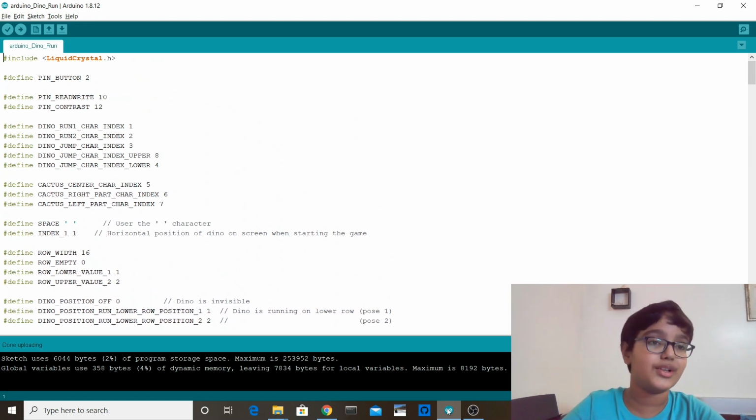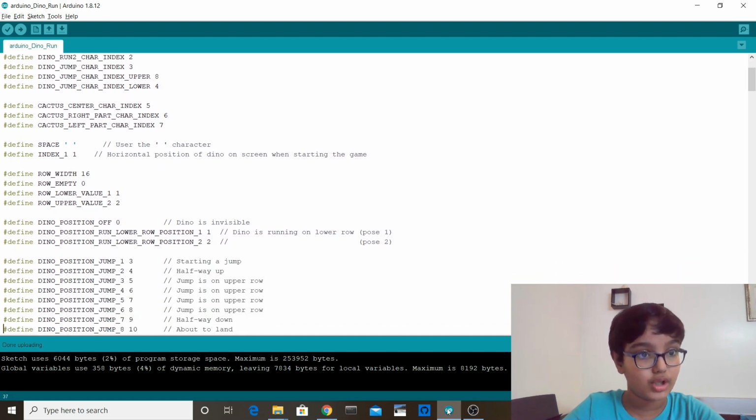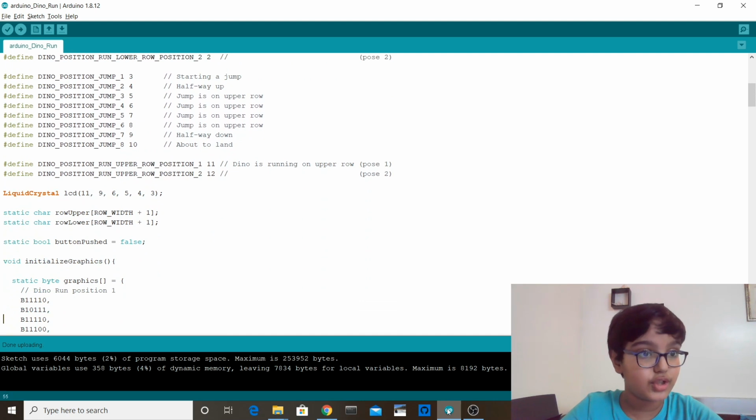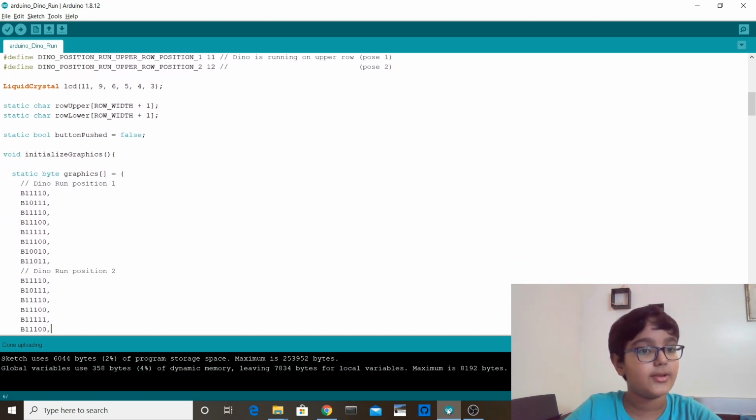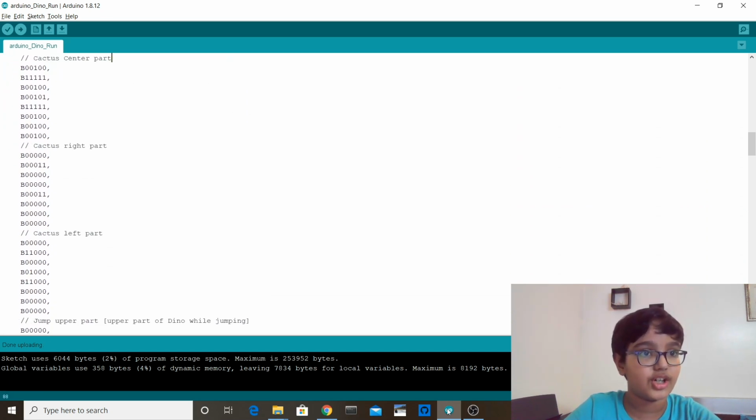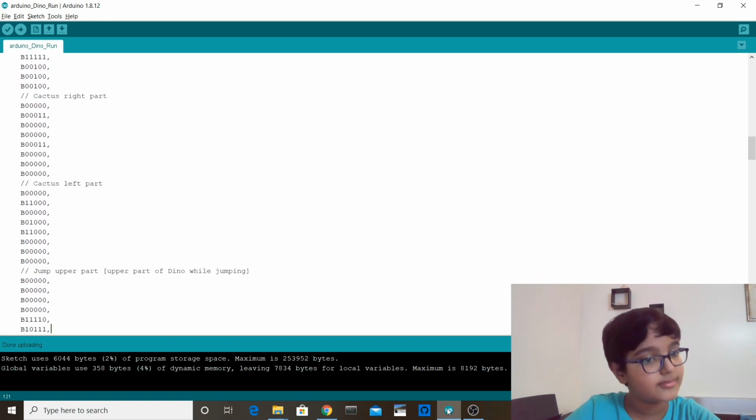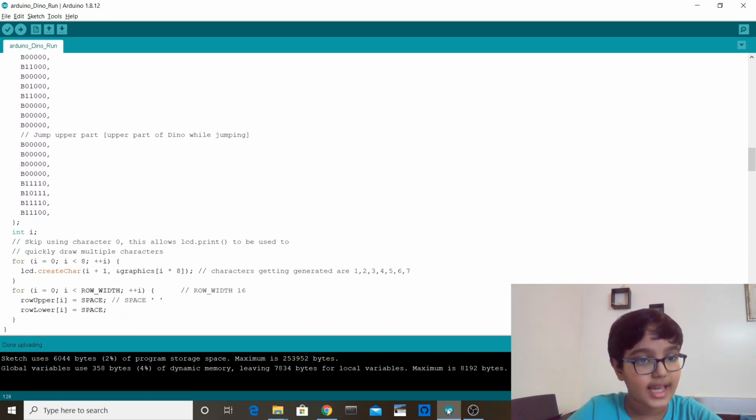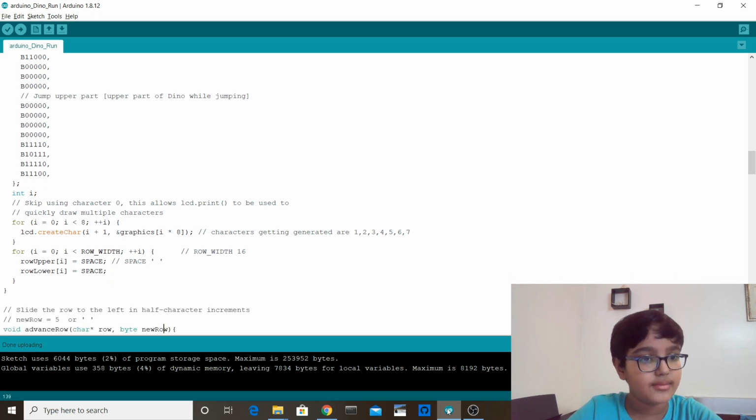And now the first thing we do is we include the liquid crystal library and then we define a few constants which will be really useful to us later. Then we create an object from the liquid crystal library class and then we make a new method, initialize graphics, and then in that we have a byte array in which all our images for the dinosaur and cacti are stored. Then we create the characters using our byte array, and then